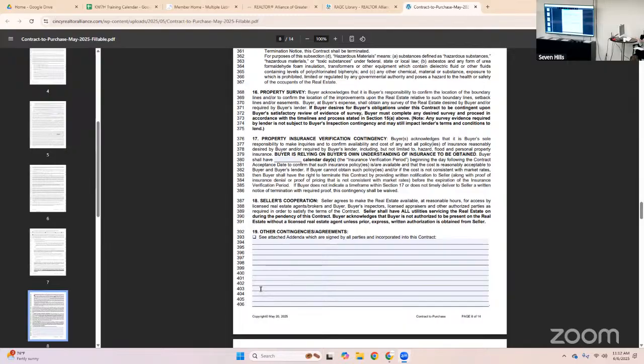A market rate for one house in one area may not be the right market rate for a house in a different area. So how did they determine that? I don't know, but at least it's something. I think it's better than it was before. It's more well written, although it is still a little bit vague, in my opinion.